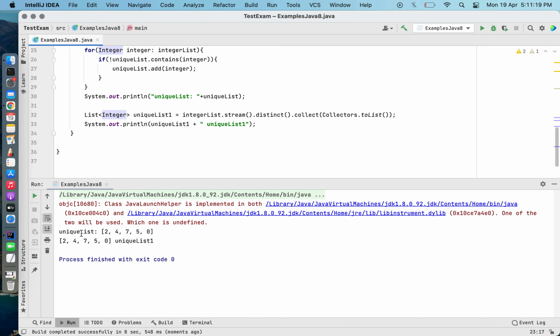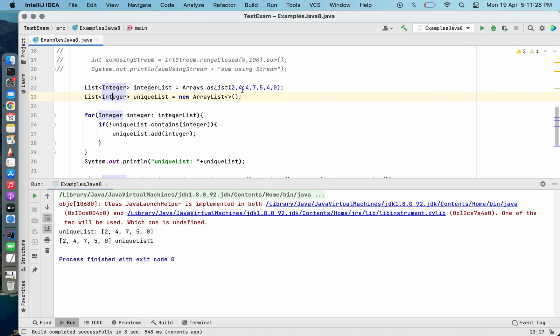So you can see this unique list contains the unique values, and even this unique list 1 also contains these unique values. There are no duplicate values as such over here.